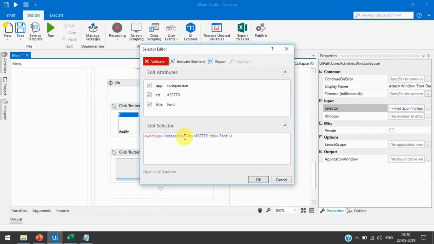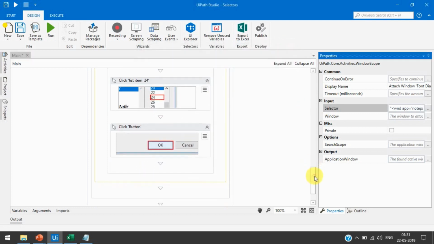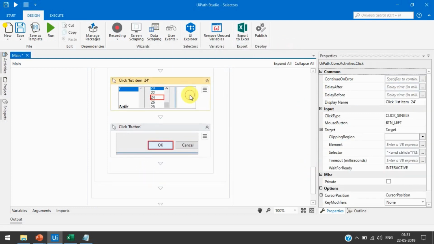So if window application equal to notepad.exe, HTML app equal to chrome.exe, control equal to something, if that is there, it means that is a top level element, right? And if that is included in the selector, that is called a full selector, and if that is not there with the rest of the selector, then that is called a partial selector.